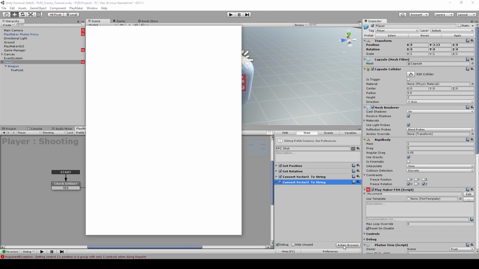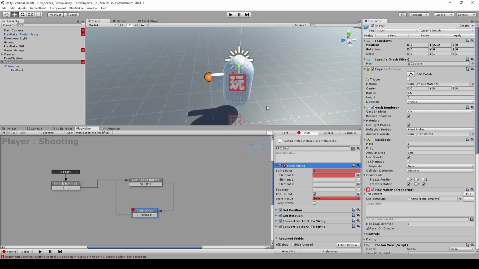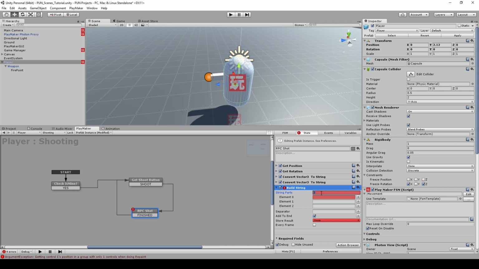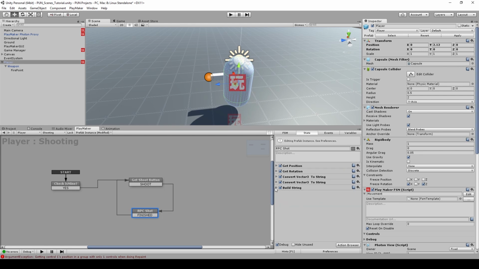We have two strings now, and now we need to build the string together. So we are going to use a build string, and we are going to save this to one string. So I'm going to set the string parts to 2, and the first one is going to be the fire pos string, and the second one is going to be the fire direction string. And then we are going to add a separator. It can be anything. It can be an exclamation mark if you want to. So I'm going to just use exclamation mark, and I'm going to uncheck the add to end, and we are going to store the result to a new variable called RPC parameter. So we have the parameter or the information that we need converted to a string,